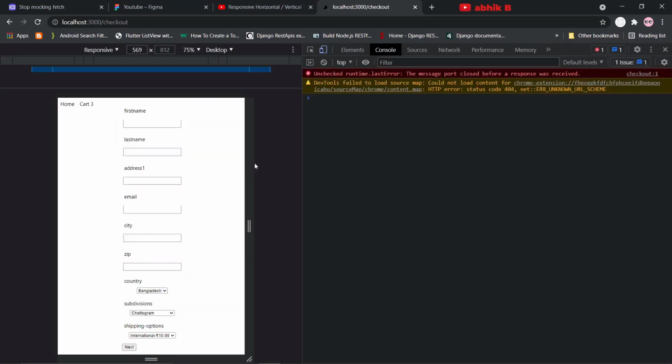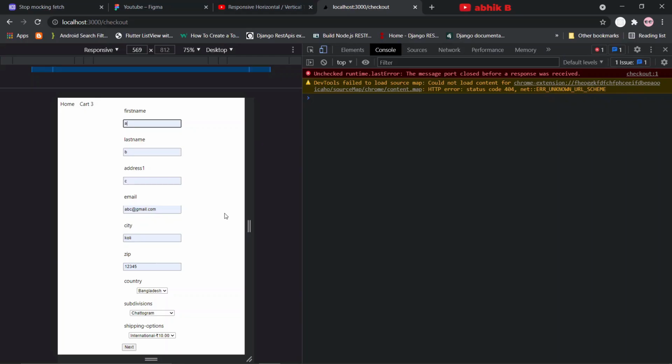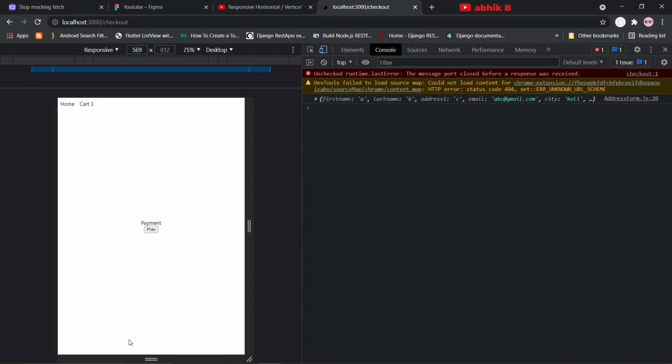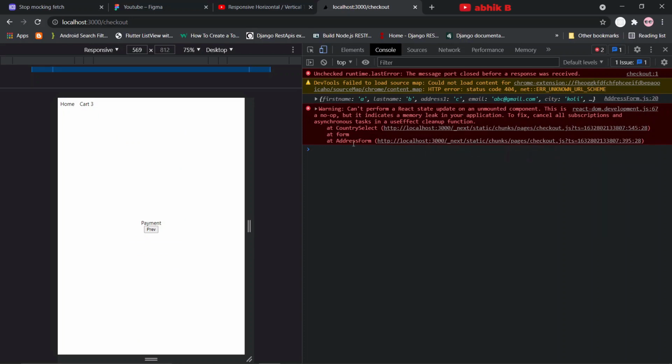And I personally feel that that is a better practice, right? So I will now fill up my form once again. Now I've filled up my form, but I also want to show you one more thing, that is if I change my country right now, I change it to India and then I send it next, you can see here